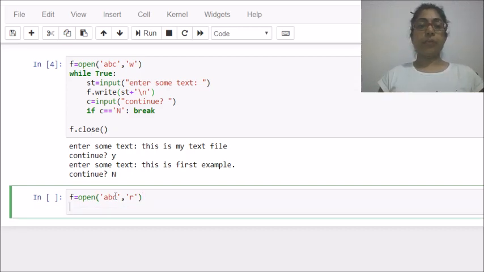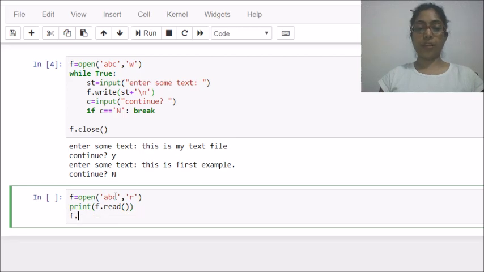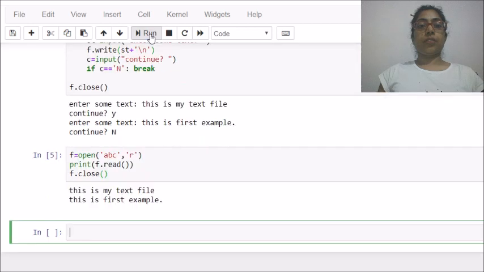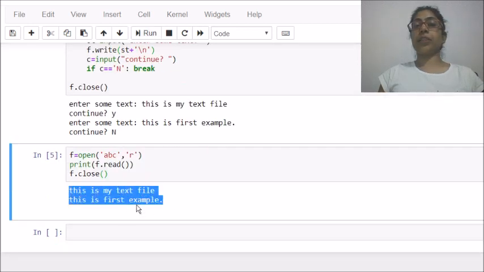Then simply I want to read whole content, then you can simply print f dot read. This is the first way of reading from the file. Then close the file, run it. So you can see the content of my text file are displayed here using read function.